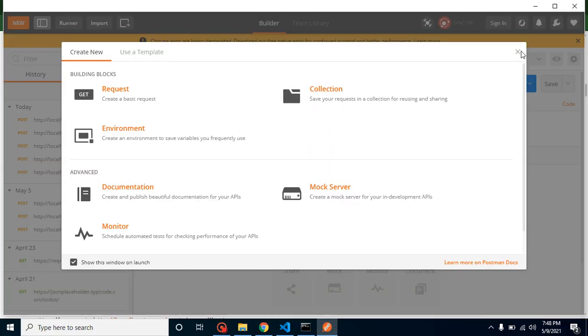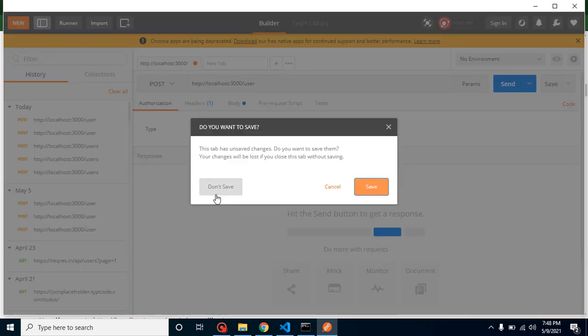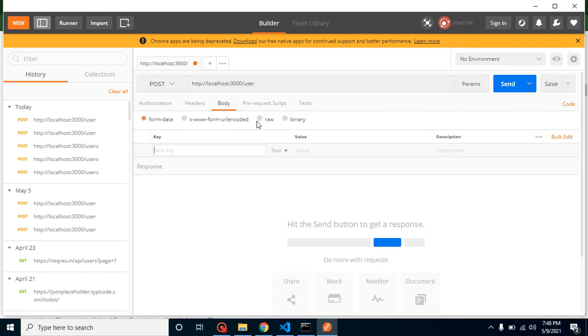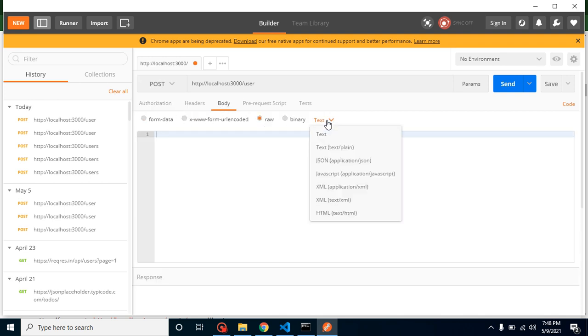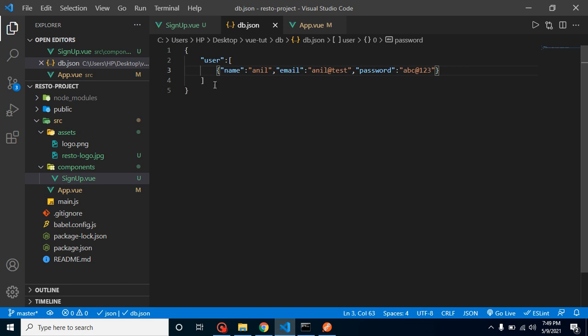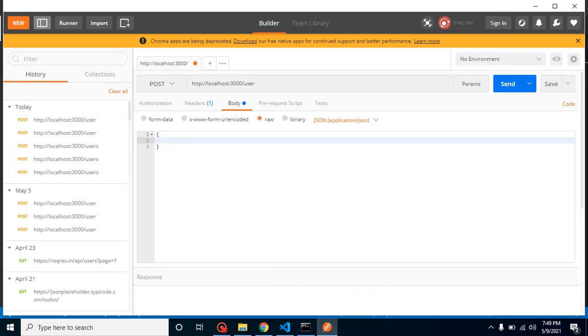So we can remove all these tabs in Postman and put your URL of API, select post because we are saving the result, and let's select here raw, and after selecting raw just select here JSON, and here add the data in the same way we added here, right? Or if you want, you can copy and paste and change something, but I would like to write it here, right?